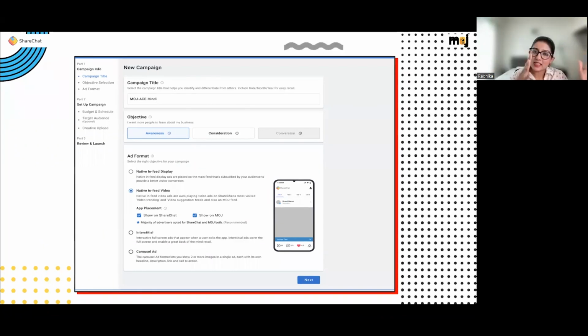Native in-feed video Moj was only for the Moj platform and native in-feed video was only for the ShareChat platform. Now, in the native in-feed video umbrella itself, we have the capability of setting whether it only has to be for Moj or ShareChat. You can make those selections using these checkboxes.